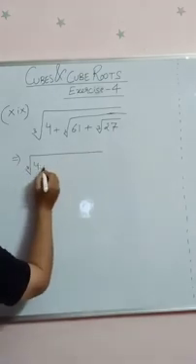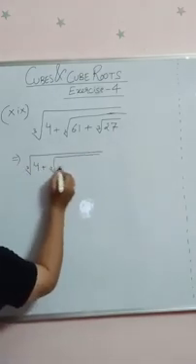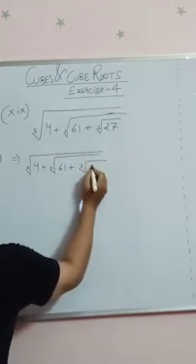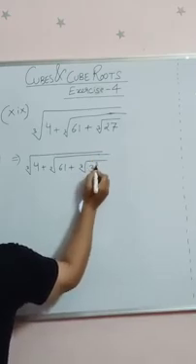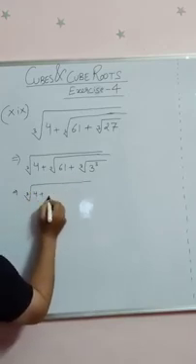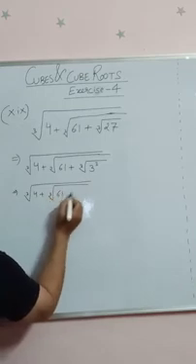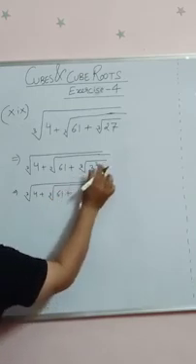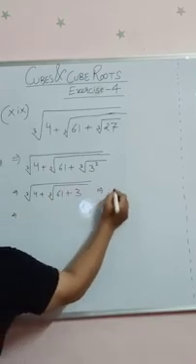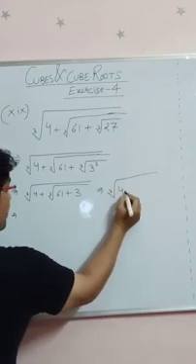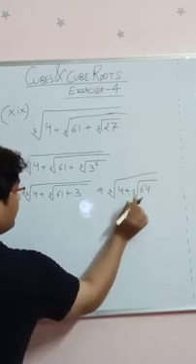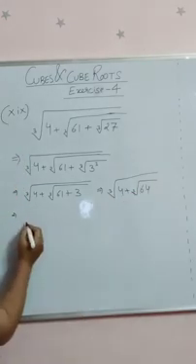So it is the cube root of 4 plus the cube root of 61 and we are going to simplify it. Plus the cube root of 27, which is the cube of 3. So what do we get? We get the cube root of 4 plus the cube root of 61 plus 3. The cube root of a cube is the number itself. So what do we have after this? This is actually the cube root of 4 plus the cube root of 61 plus 3, which is 64. So this is what we are going to calculate. So what do we have in the next step?